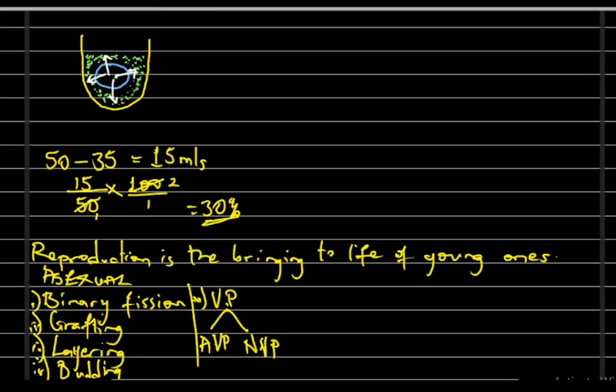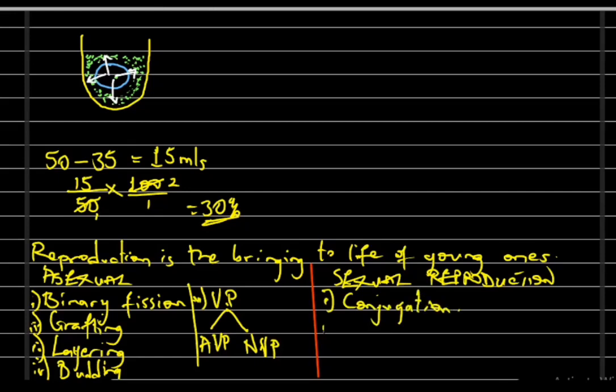And then for the second one there, we have the sexual reproduction. Talking about the sexual reproduction now, basically there are two types. We have conjugation, which is like what we are having in the question that we are being asked, conjugation. And then the second one is called the fusion